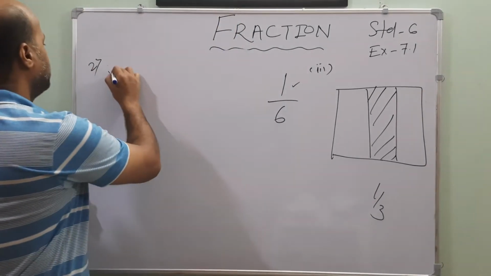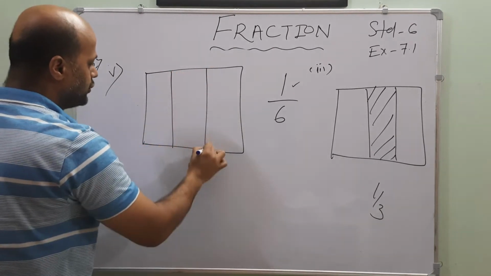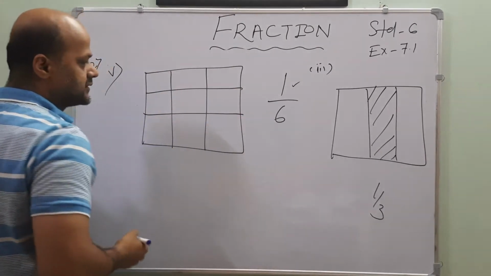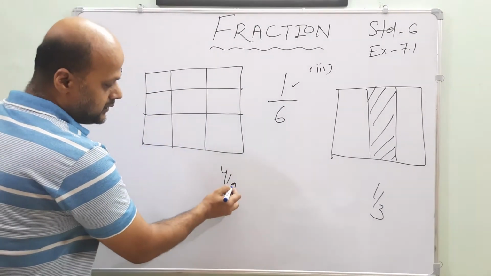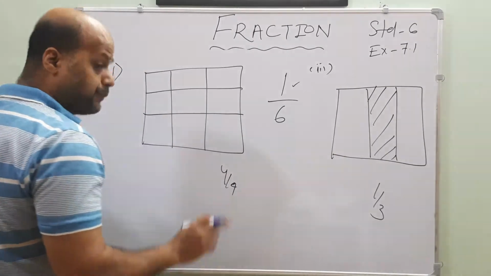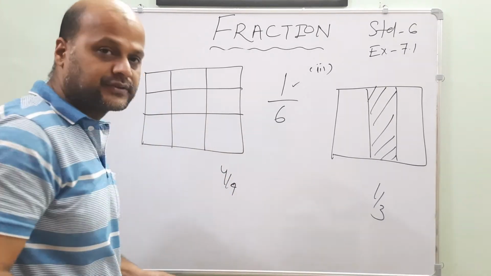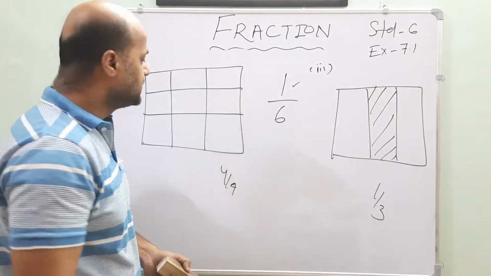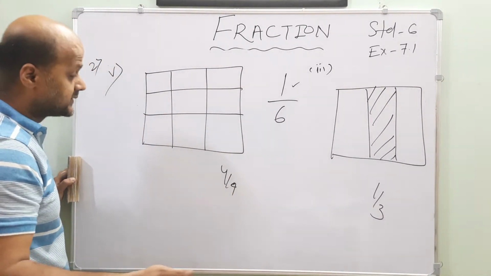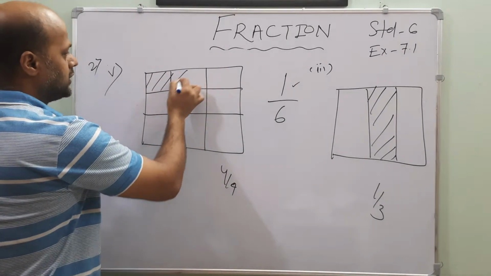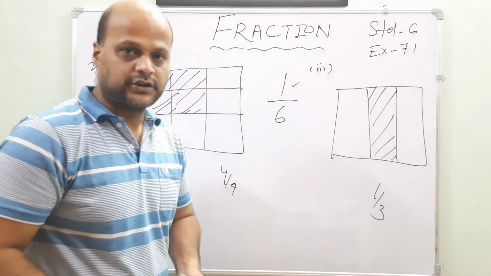Fifth one. What is the fifth one saying? A box is given, and the box is divided into 9 portions. And now what is the fraction it is saying? 4 by 9. Now, first check whether the total is divided into 9 portions or not. 1, 2, 3, 4, 5, 6, 7, 8, 9. Yes, it is correct. How many parts do I have to shade? Yes, very good answer. It is 4 parts. Out of 9, any 4 you can shade or color. Like this one, you can shade this. Understood?